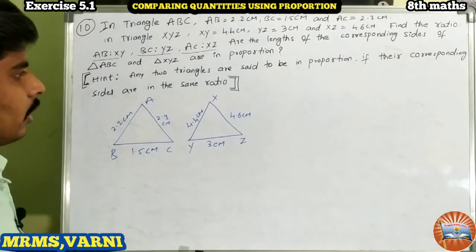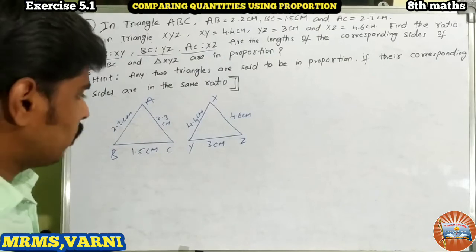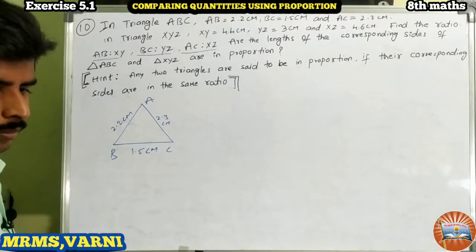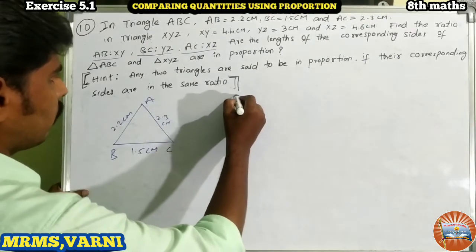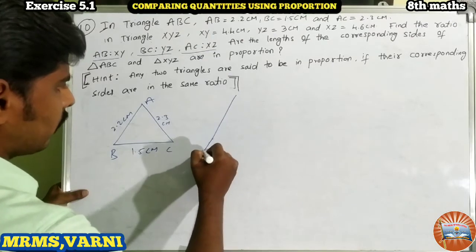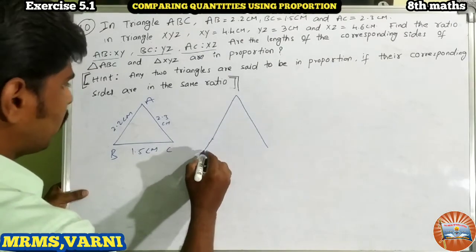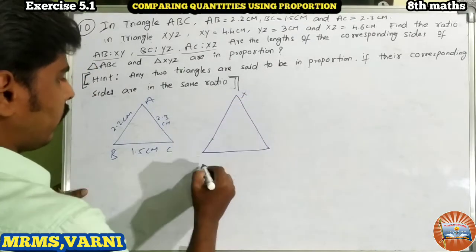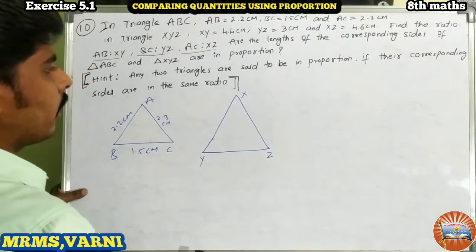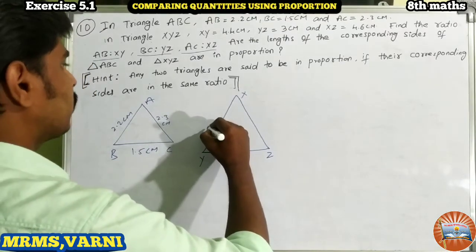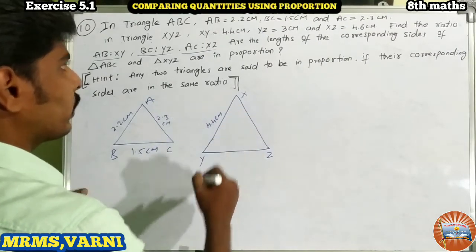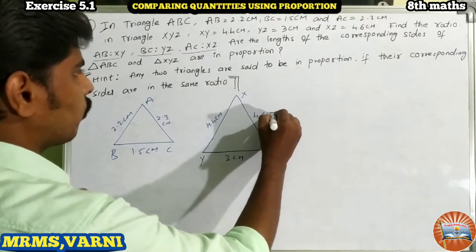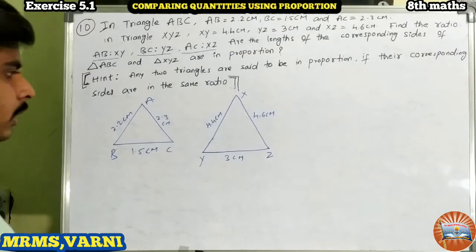4.6 cm. I think you may get confused, so that is why I am going to draw this triangle a little bit larger, because this ABC triangle and this XYZ triangle look the same in size. Okay, so that is why I am taking another triangle here, XYZ. Now it is 4.4 centimeters, YZ 3 centimeters, and this is 4.6 centimeters. Right? Corresponding sides.